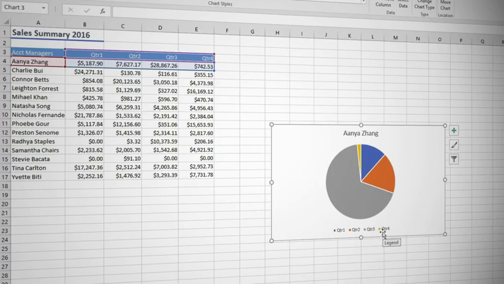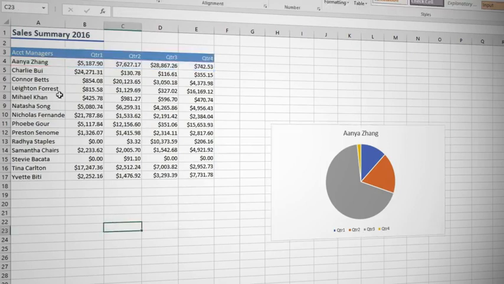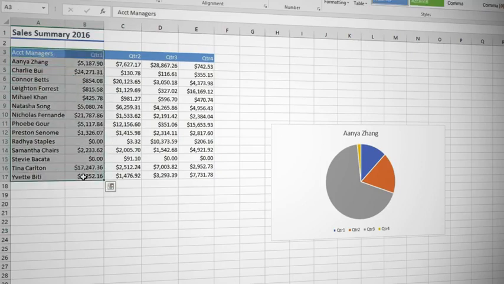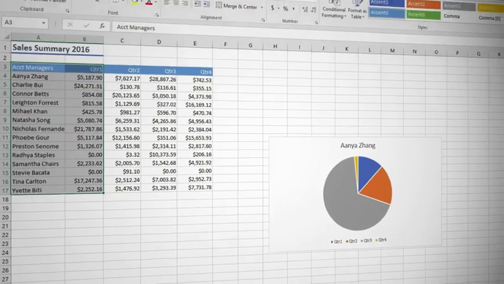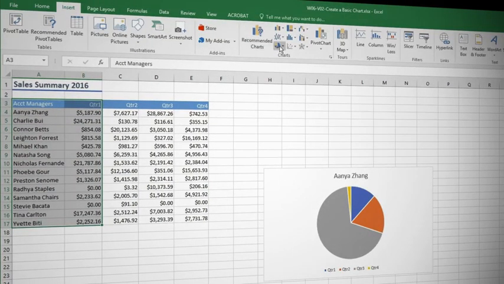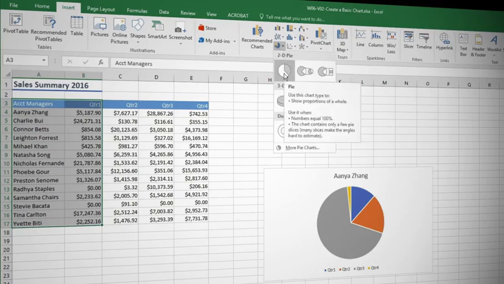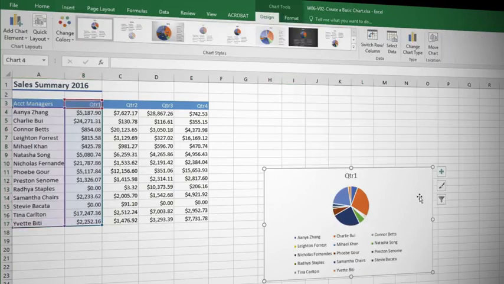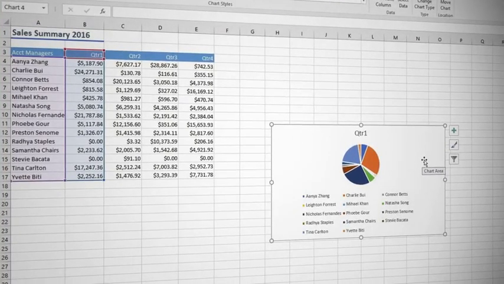You don't need to highlight data that appears in rows to create a pie chart. You can also create a pie chart by highlighting data in columns. Let's say we want to see how the different account managers performed relatively in quarter 1. Highlight all the data, including the headings. Click on Insert, click on the pie chart icon, click on 2D pie, the simple one. And now you have a quick pie chart that shows you how the different account managers performed relatively during quarter